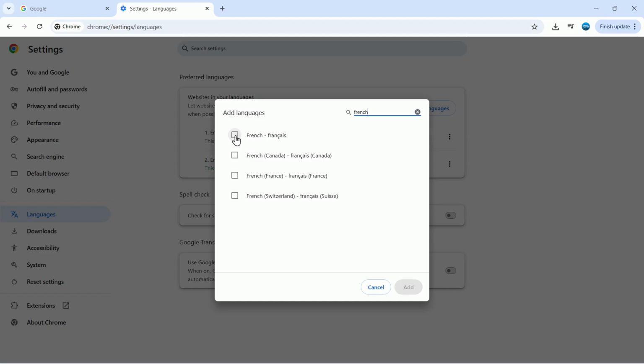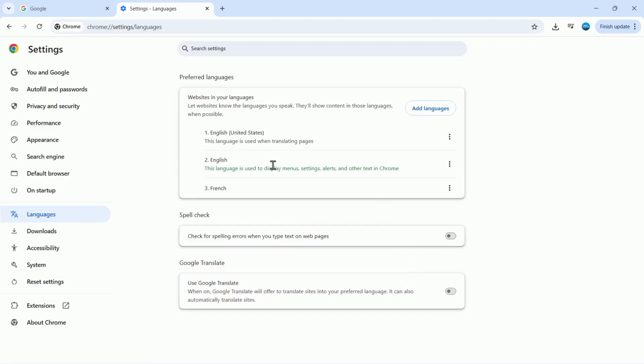Then what you can do is tick the box next to the language that you want to change to in Google Chrome. Once you've done that, click onto the Add button at the bottom, and that's going to add it to your preferred languages. After doing this, to change the Google Chrome language, just simply find the language in your